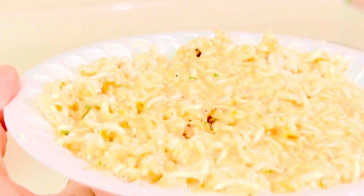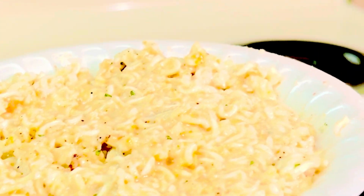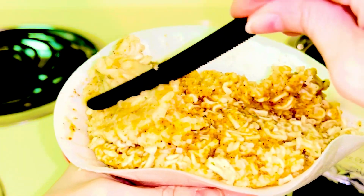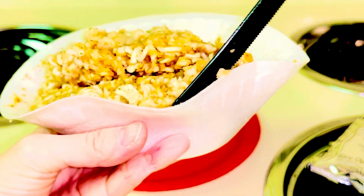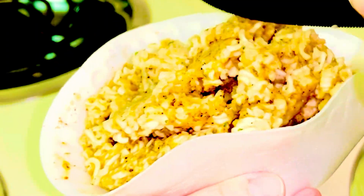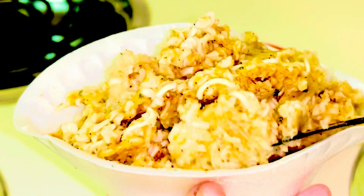Here it is. It's gonna go in for 3 minutes at a time until it's completely absorbed the water and cooked, and I'll be back. Okay, so this is after 3 minutes exact. I want to show you what it looks like inside. You see how it's already coming together, and I want to give it a stir just to make sure all the moisture is incorporated throughout the spread. So I'm just gonna try to mix it as much as I can and then put it back for another 3 minutes,